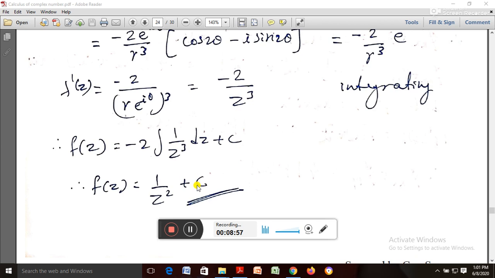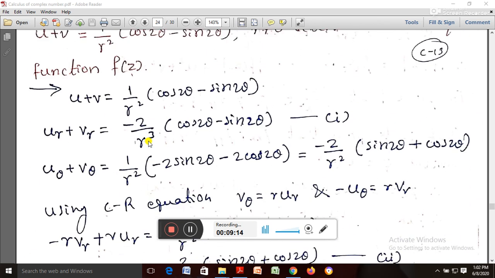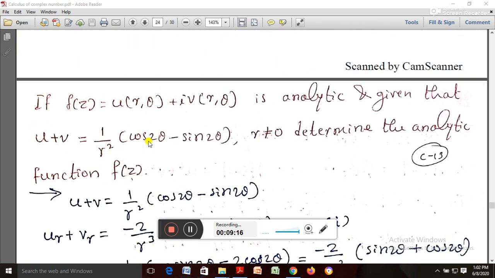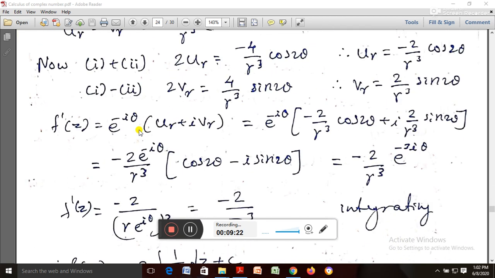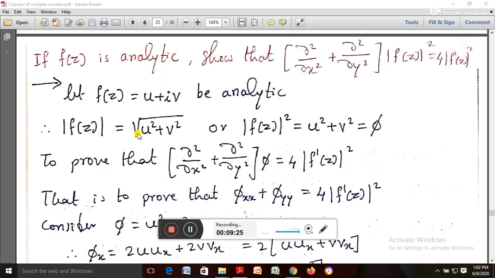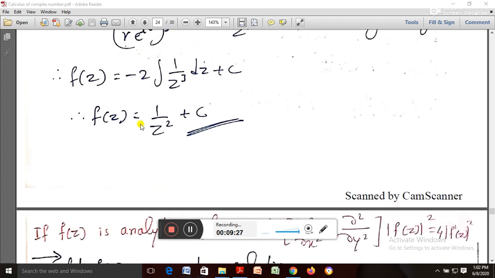So we have denoted this as type 3 because in type 1 they have given f of z, and we have to find the analytic and derivative. Type 2 means they have given either u or v, we find the analytic, and the corresponding u or v. Type 3 means if they have given u minus v or u plus v, then we find the analytic. To find the analytic, you know in type 1 and type 2 how to do it. So this is a type 3 example.